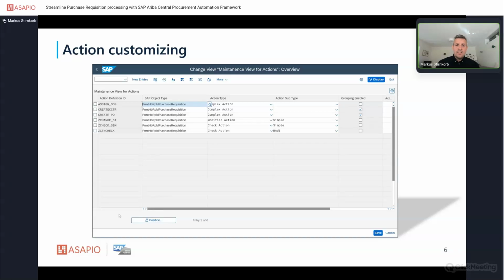So, the actions themselves are set up really old school. Now you can see a screenshot from the system. That's SAP GUI. That's really a customizing table. And in this customizing table, I'm defining all the actions that I need. It's just pure definition. You can see in our case, I have the first three standard actions for source of supply assignment, central contract creation, PO creation, and then I created three more actions,